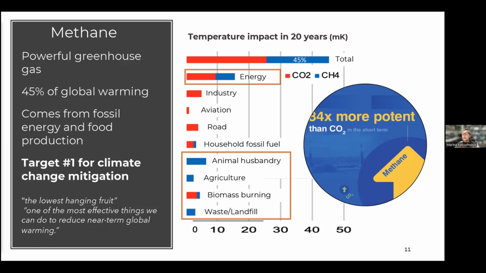Every time we talk about it, it comes back to the simple molecule, which is methane. However, when we look at where those molecules come from, a significant portion comes from fuel recovery, energy. But if we look further down the graphs, there is animal husbandry, agriculture, biomass burning, waste and landfills, which contribute enormously to methane emissions. And all those contributions come from biology, from microbes which produce methane. As a microbiologist, that clearly tells me we disturb our ecosystem in such a way that we give advantage to some microbes to produce methane. And at the same time, we left behind microbes which consume it in nature.